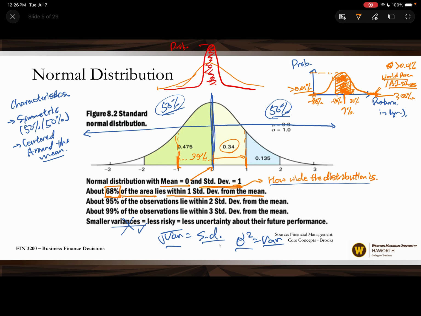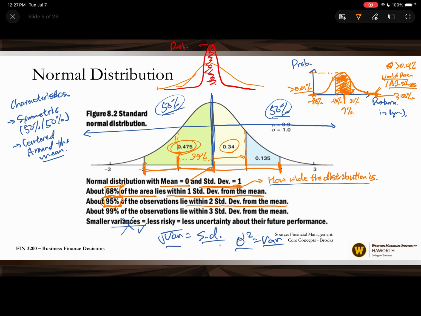And this one you want to know too. Within 2 standard deviations above the mean, or away from the mean, you expect to find 95% of the observations. These precise numbers are a little different depending on what source you look at, but still close enough. Okay, 95% will be from -2 to +2. That's why 95 divided by 2 is 47.5